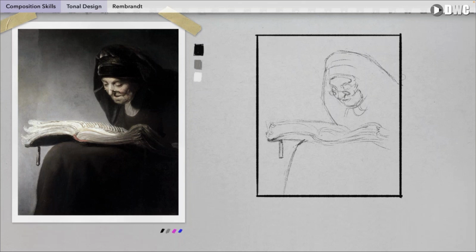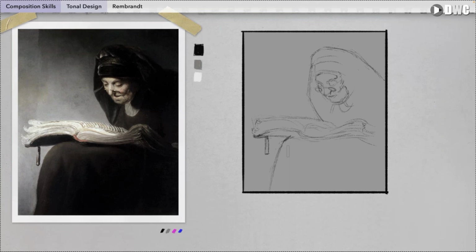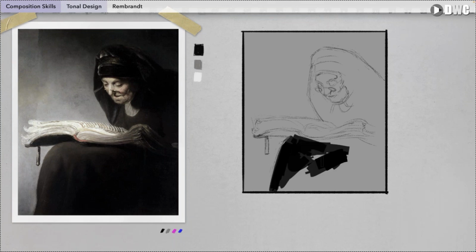Okay, let me add some tones now. I spent way too much time on the drawing. All right, now I'm going to block in the dark, dark, dark, dark. This might not be dark enough. I just take a nice dark, and what I'll do is I'll first block in the darks that I see